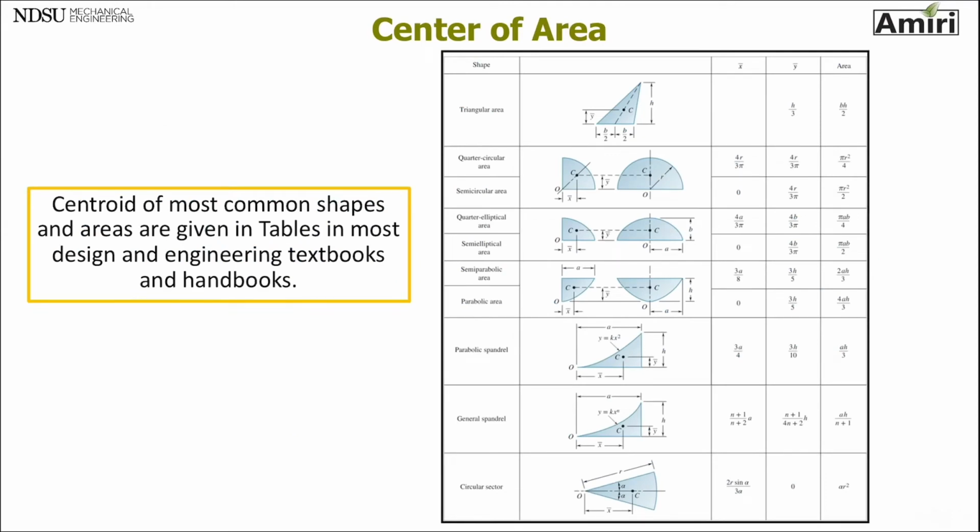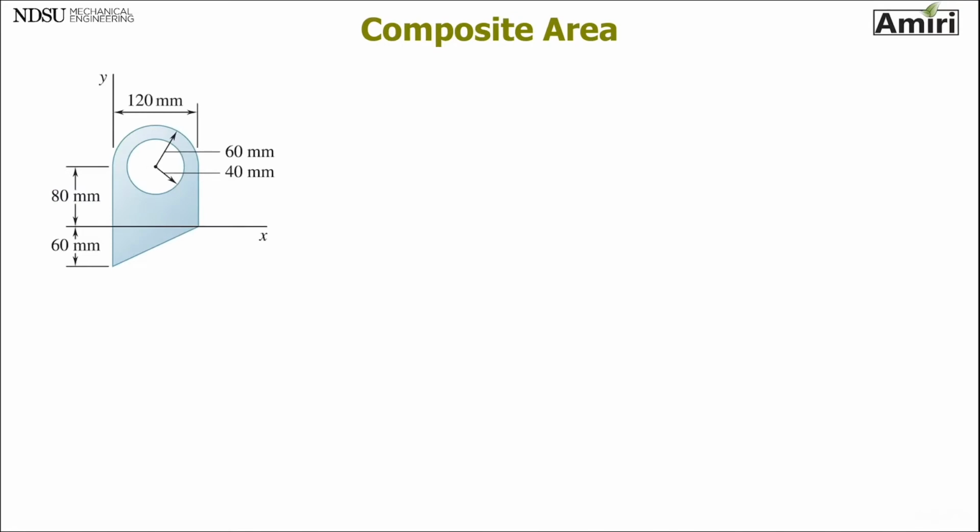So if you look at the back of your textbook, or open any other engineering textbook or engineering design book or engineering handbooks, you're going to see tables like this. For a lot of common shapes, in some common forms of function that you see, they've already calculated the x bar and y bar and the total area for you to use. But let's see how you can use that. You're going to use that in something called a composite area. Composite area is